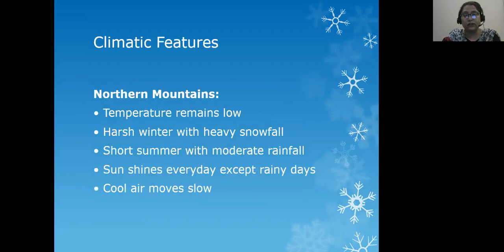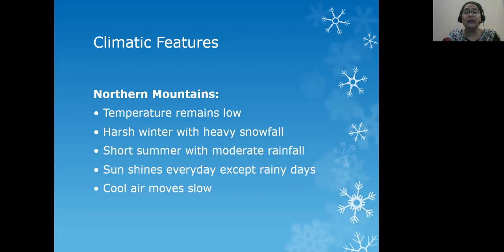Climatic features. Climatic features of these two places may resemble each other to an extent. Some of the northern mountains and some of the western mountains are extremely cold throughout the year. The peaks are covered with snow. In the Northern Mountains, temperature remains low throughout the year.